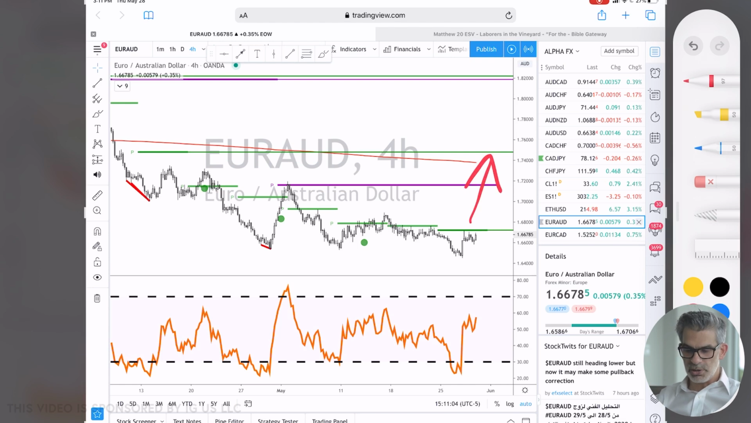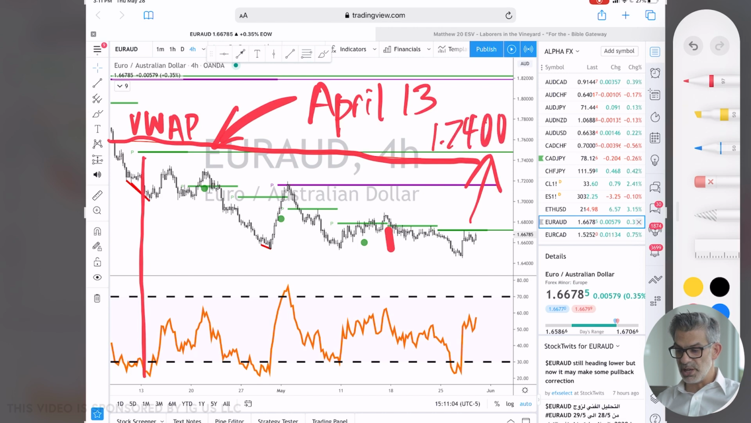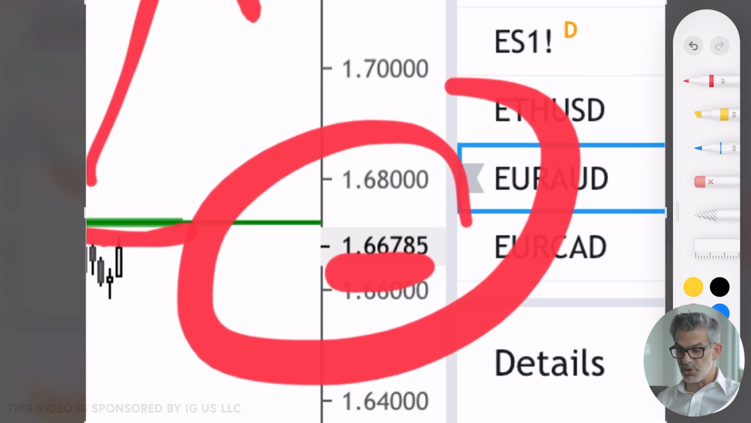My friend Mike Bernick talked to me a couple of weeks ago about the volume weighted average price. That red line you see running through the chart, that's the volume weighted average price. That is a glorious target if the Euro Australian starts to move up. And it lines up perfectly with a missed weekly pivot from around that green level, from around April 13. I think it wants to go to 1.7400. And if it breaks above the highs that it's making right now, 66.85,